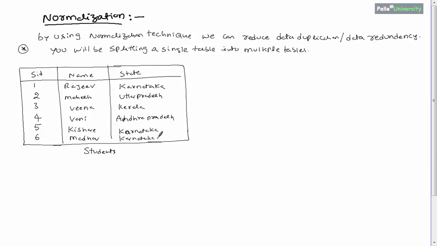So something like this. Let us assume a total of 5000 students' information is stored in this students table.